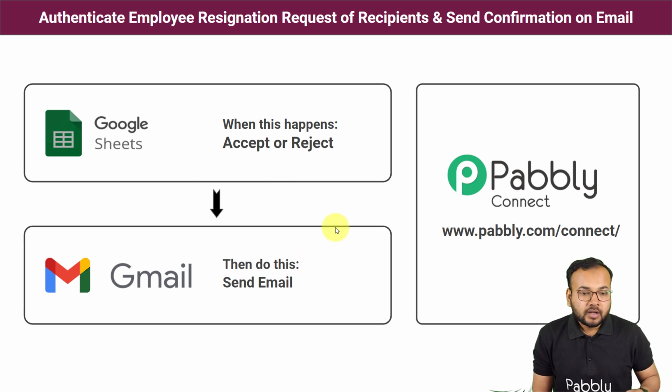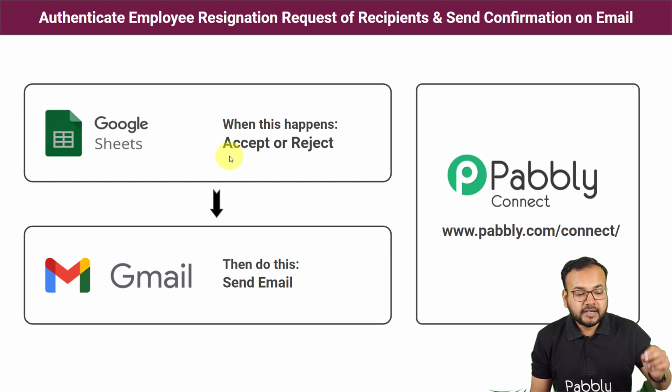So here you just have to maintain a spreadsheet created with the help of the Google Sheets application. Here I have taken the example of Google Sheets; in place of this, you can use any other spreadsheet application as well. Here you just have to enter the details of the employees who are sending you the resignation emails. And after that, as and when you mention accept or reject in a cell value in front of the name of the person who has sent you the resignation email,